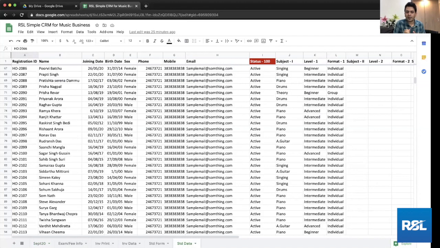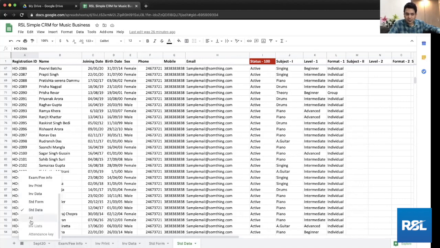It's really important that with any software, be it a custom solution, Salesforce, or Excel, what you feed in is what you get. If your feeding in is not accurate or is messy, then what you get is also going to be messy. You can see only a couple of sheets down here, but if you click on all sheets on the left, you will see a lot more sheets not visible right now. That is because I keep the sheets I don't use on a daily basis hidden.